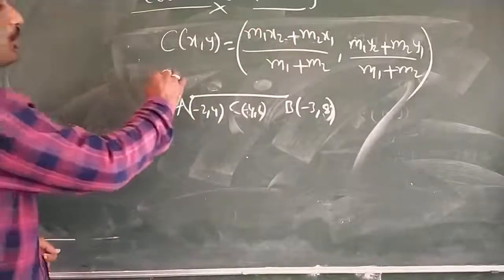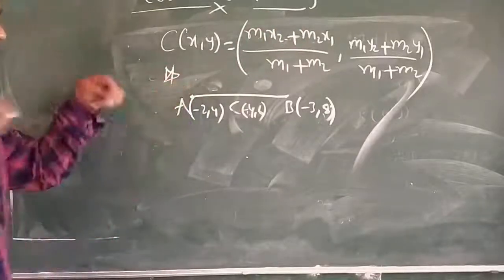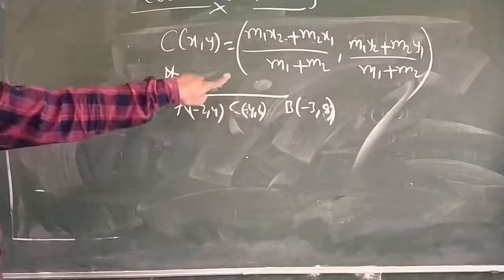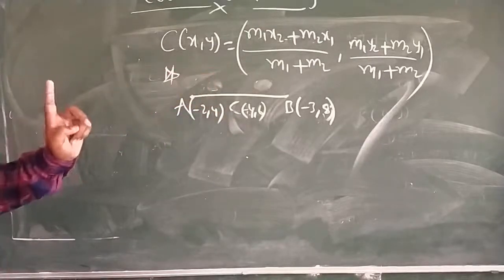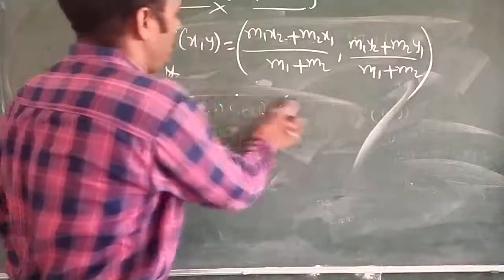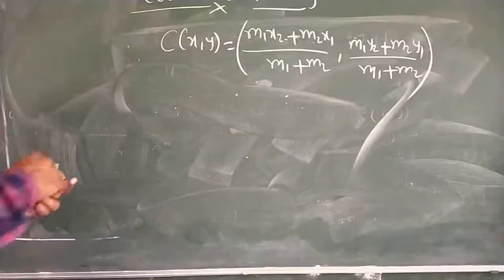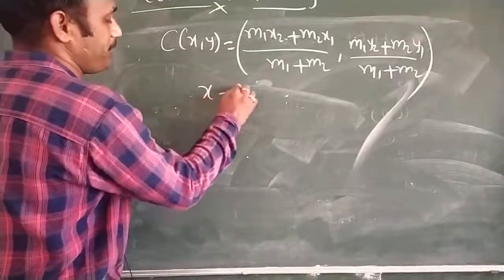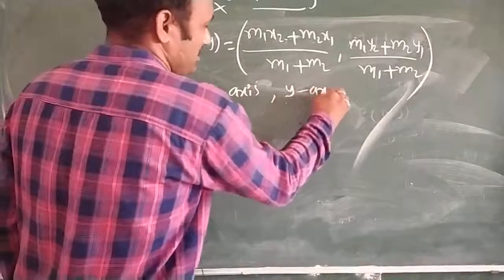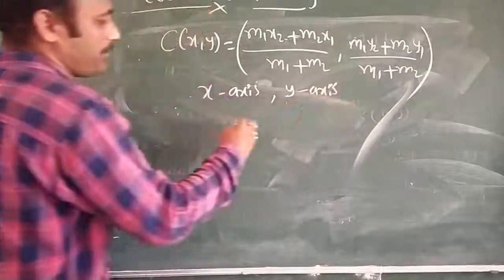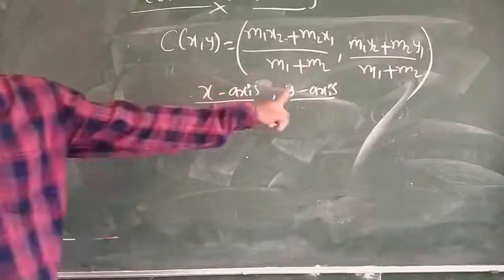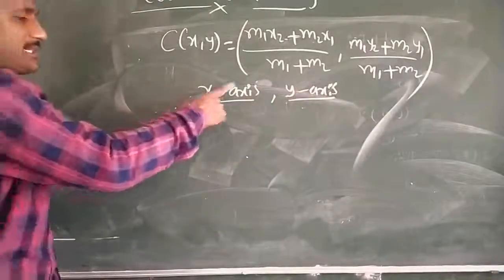So there are very important concepts you have to learn: in what ratio it divides, as well as find the coordinates of the point in the ratio in which it is dividing, 2:3. Two questions. And the third question is, find the ratio in which it divides the x-axis or y-axis. The same concept we have learned in the distance formula, the same concept here. In what ratio it will divide the x-axis or y-axis, if he is asking like this,